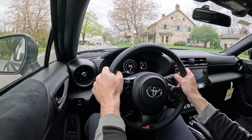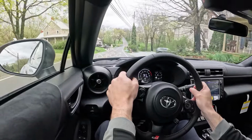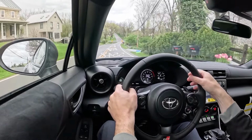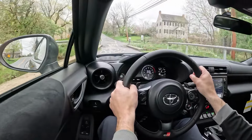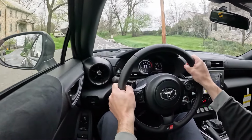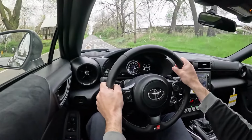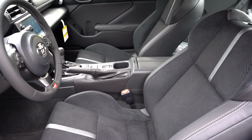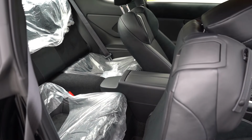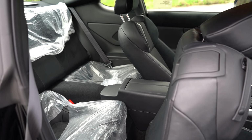This is the part that really impressed me, by the way. IIHS Top Safety Pick Plus, which is the very highest rating given by IIHS. So that pretty much says it all right there, and it's very rare for fun cars to achieve that rating. So well done, Toyota. But front side curtain airbags do come standard. Driver's knee airbag up front as well. In the back, you're going to have LATCH, aka lower anchors and tethers for children for the rear car seats,